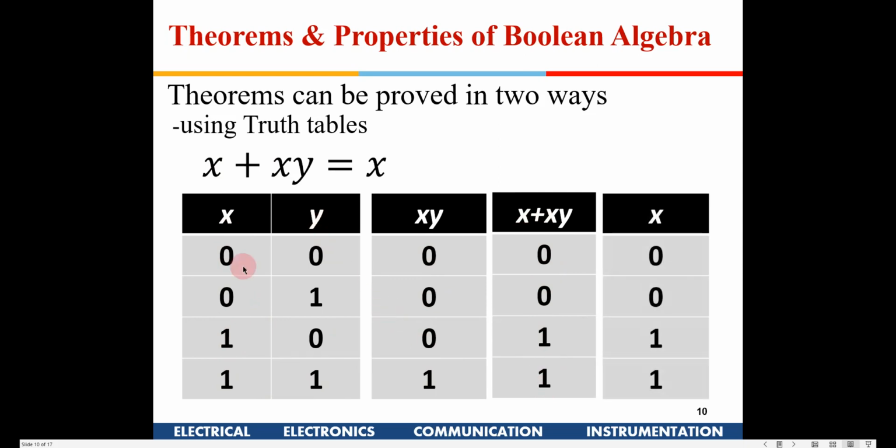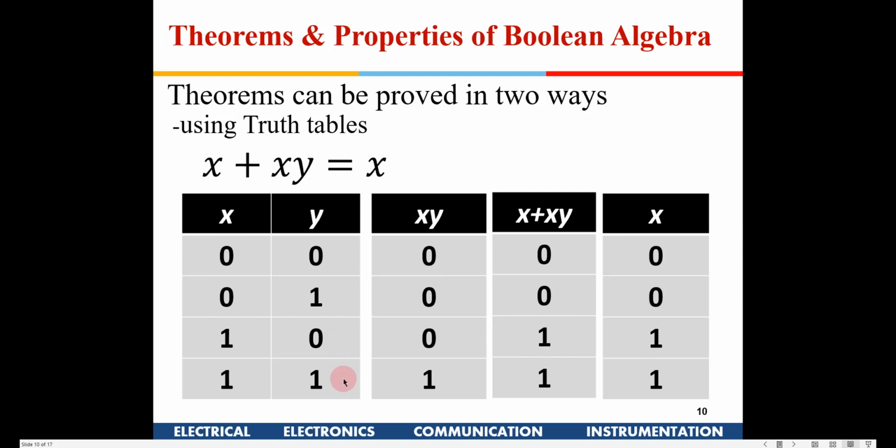Now if I compare it to x, it is 0 0 1 1, so they are the same. So this is another method: without getting into Boolean properties and Boolean equations, just taking the truth table and finding out the left hand side and right hand side Boolean values, without doing all the algebra. Using truth tables also we can do that. The only thing is we have to take all the possible input combinations. By merely taking 1 or 2 combinations we can't prove that. You have to list them all.